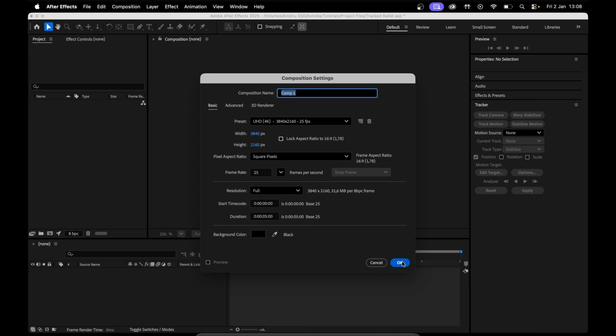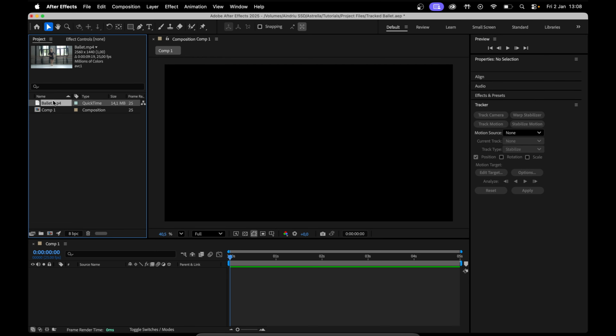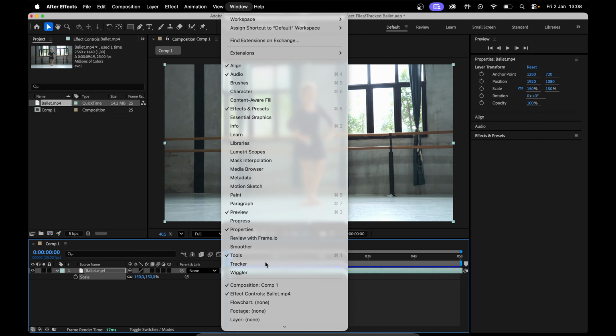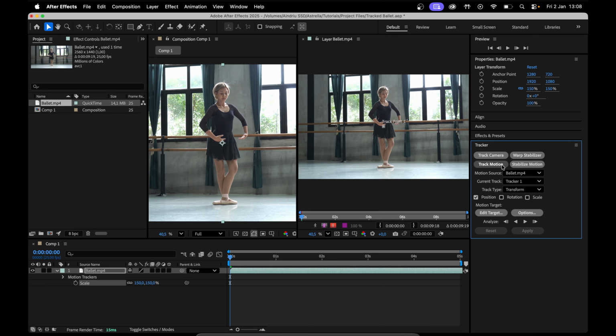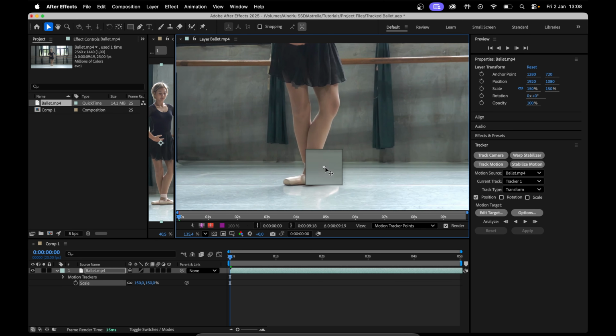This is how you motion track text inside After Effects. New composition, drag and drop the clip of the ballerina onto the timeline. Window, tracker, track motion. This second window appears. Click and drag this track point to a high point of contrast, ideally somewhere on the ballerina's shoe, and then